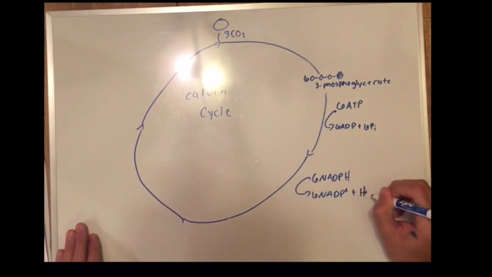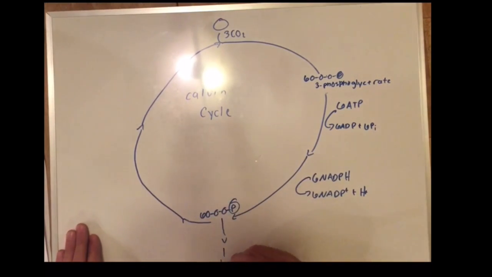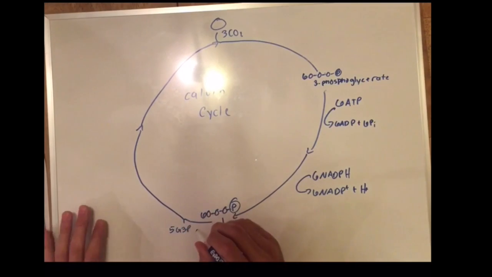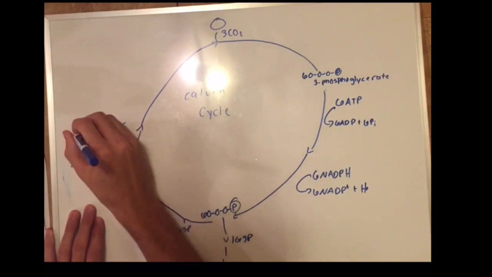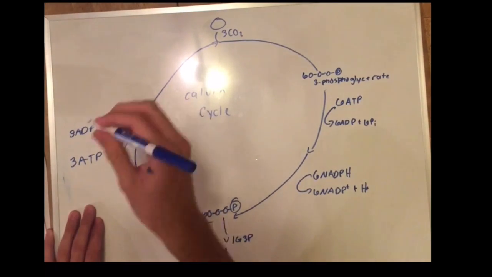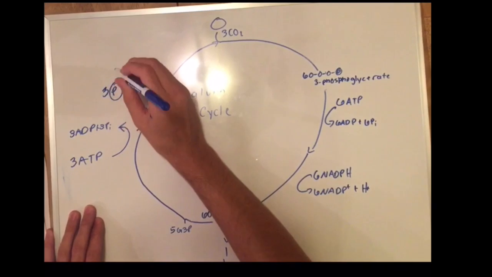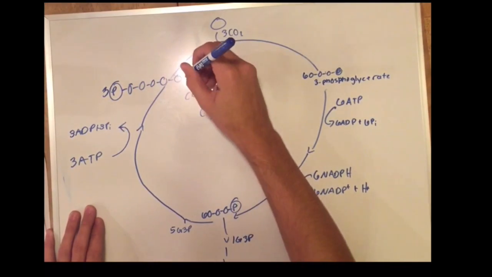Next comes reduction, in which ATP and NADPH are used to convert the 6 molecules of 3-PGA into 6 molecules of glyceraldehyde 3-phosphate. G3P exits the cycle and is sent to the cytoplasm to contribute to the formation of other compounds needed by the plant. This uses 6 molecules of ATP and NADPH. ADP and NADP+ result from reduction, after which the molecules return to the nearby light-dependent reactions to be reused and